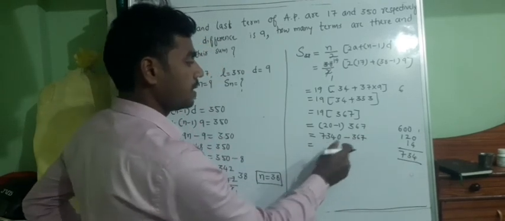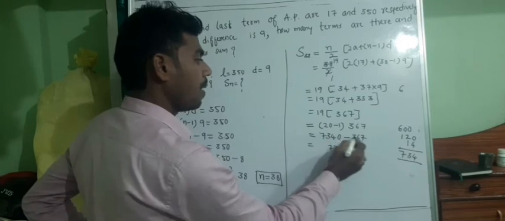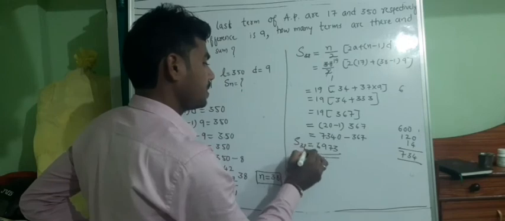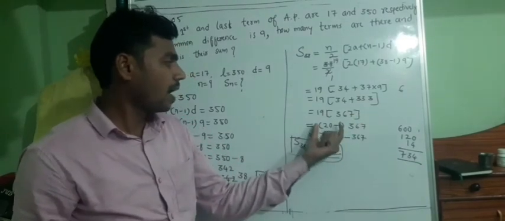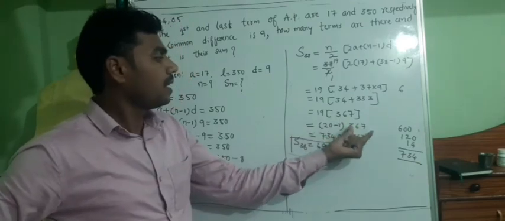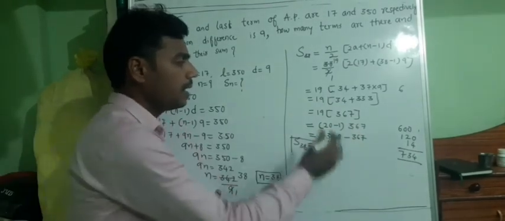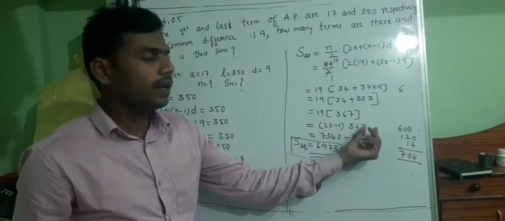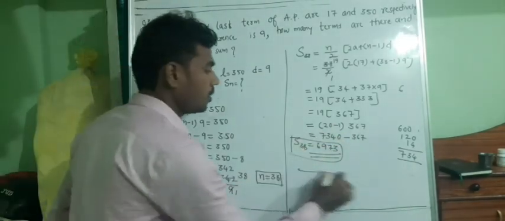So 10 minus 7 is 3. 13 minus 6 is 7. 12 minus 3 is 9. 6973. S38 is 6973. What did I do here? Instead of multiplying with 19, I replaced 19 with 20 minus 1. So for 367, doubling it means 2 times. How can I double it? First double the 300, 600, 120, 720 plus 14, 734, and 367 as it is. You can get it. Please note this down.